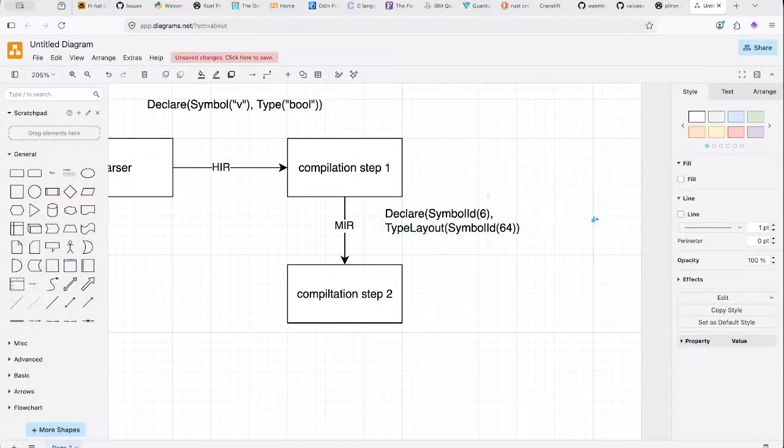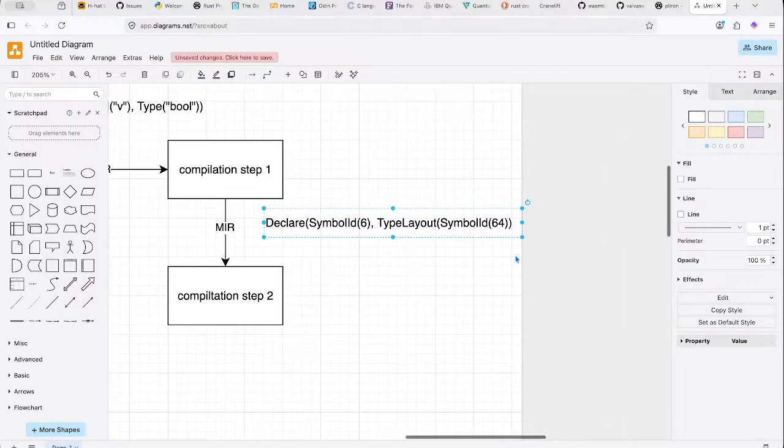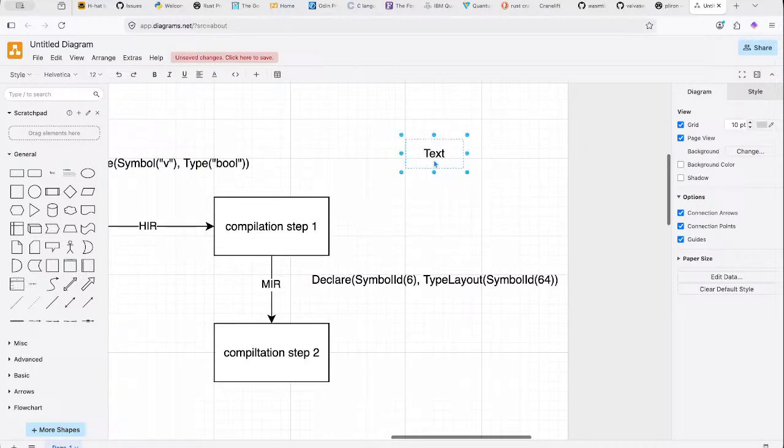So it means that we are transforming things inside, and this type layout is basically